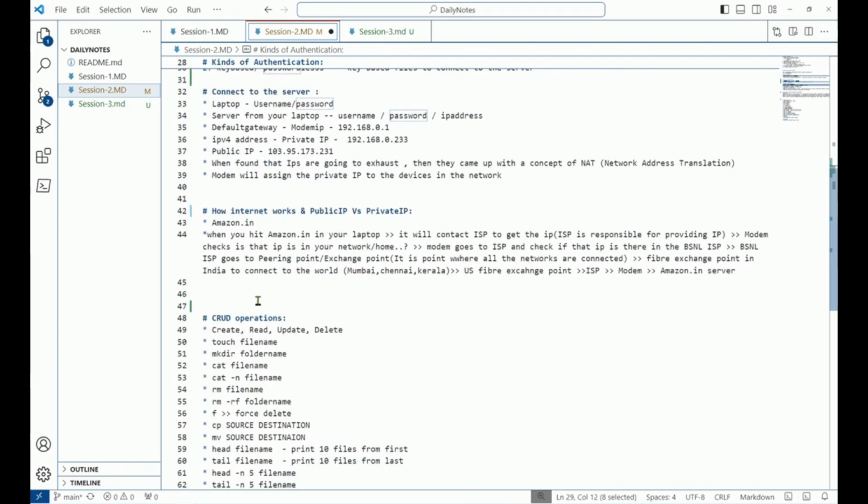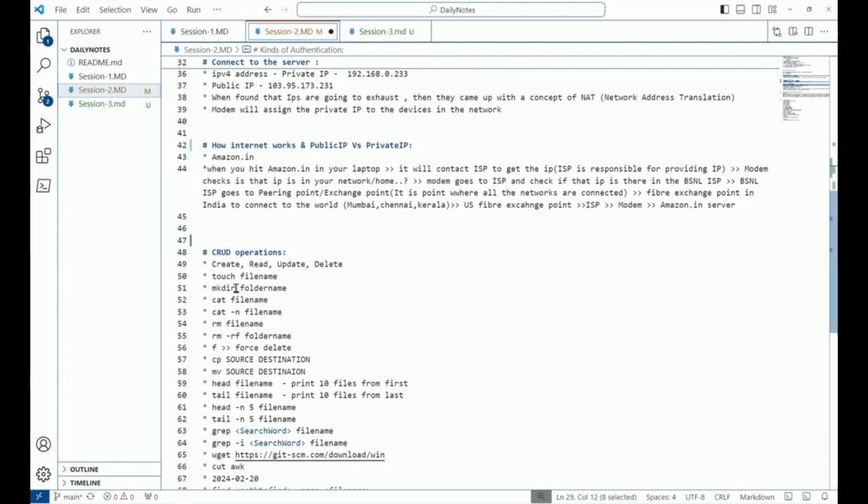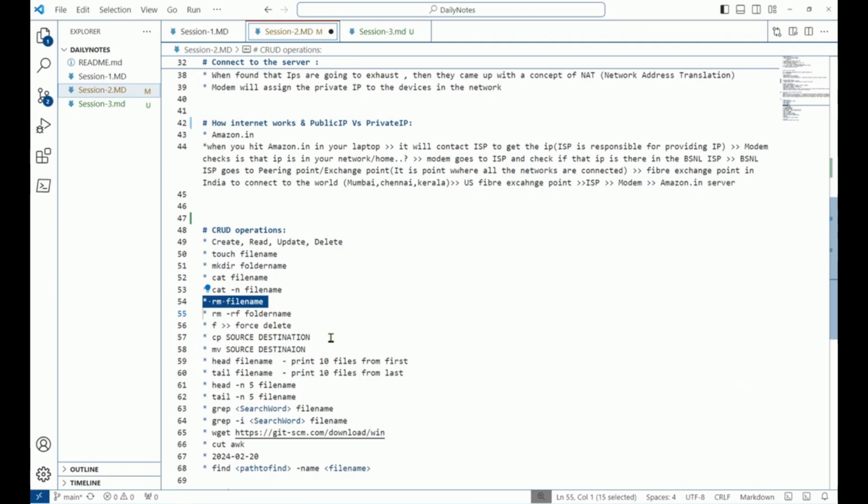And we saw the CRUD operations. In the CRUD operations we saw the create operation, which is creating a file or creating a folder, and in the read operation we used the cat command to see the content in the file without opening it. And for the delete operation we discussed rm, and rm -r for removing a folder, and we discussed copy and move,